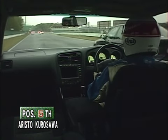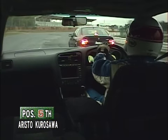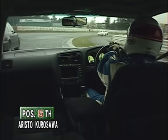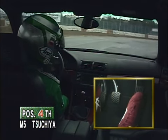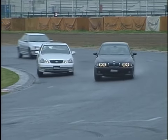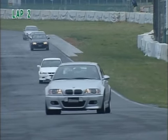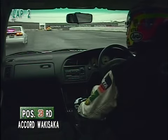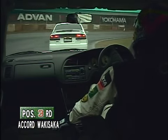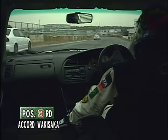Oh, the M5 is here. What took you so long? Well, he did mess up at the start. Not that much difference in the corner. Dang, this car's heavy. I'm getting some understeer here. The Legacies jumped to second place, but this car turns much faster, but on the straights,